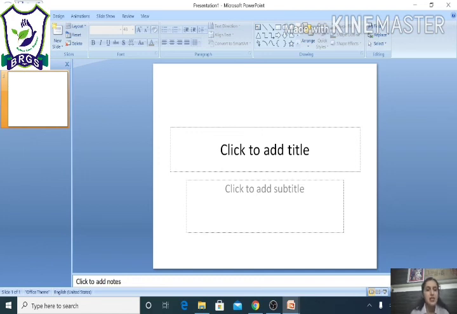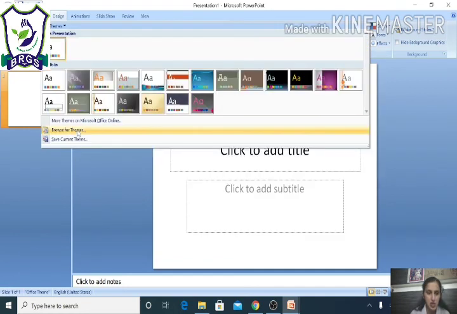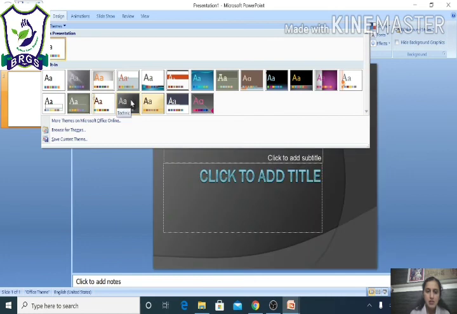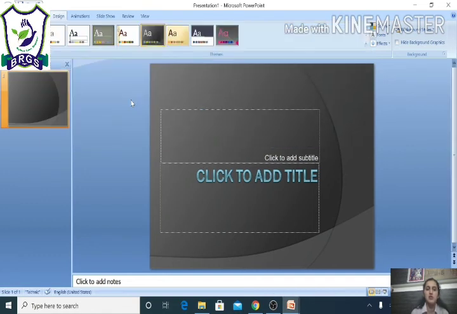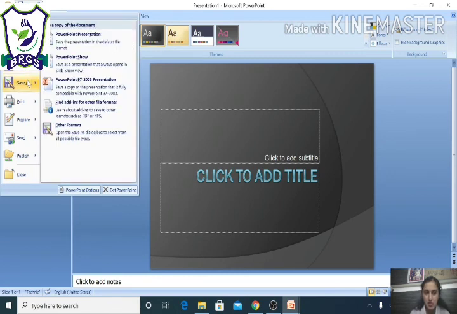After this, now what you have to do, you want to use the themes. For this you have to go to design. From design you can choose any kind of theme, whatever you want to add into your presentation. You can save a theme from the internet also. You can directly import that into your presentation, and you can use the existing themes also. This is your theme. After doing this, if you want to open any existing one, from here you are able to open. Then the save as option is there.